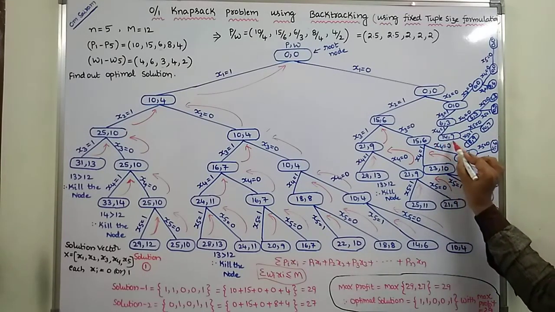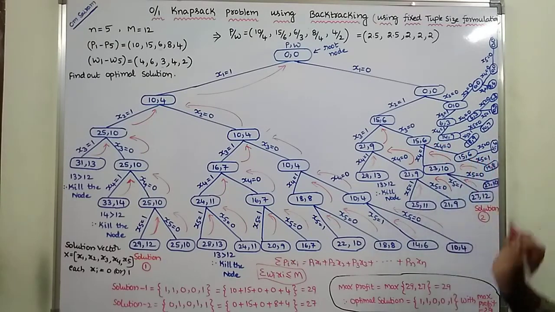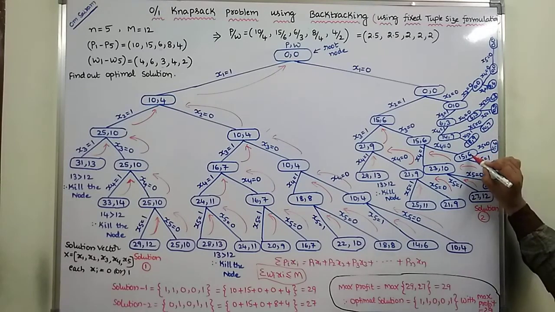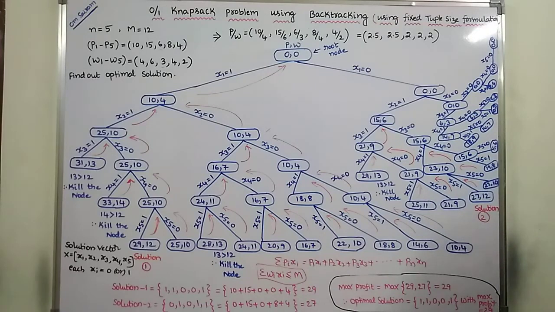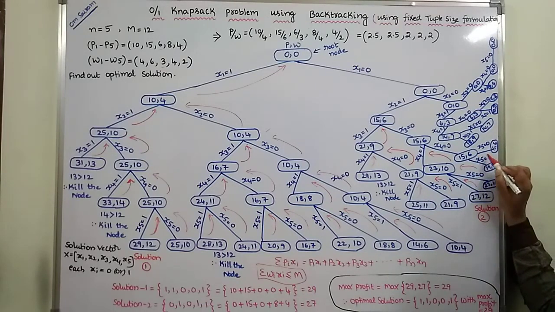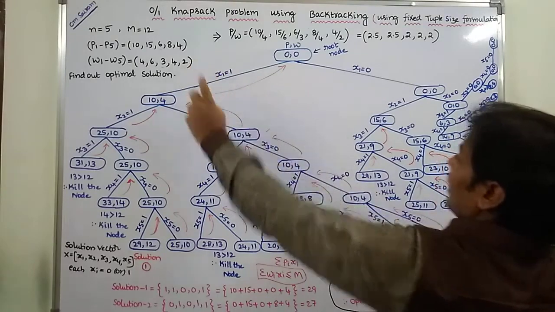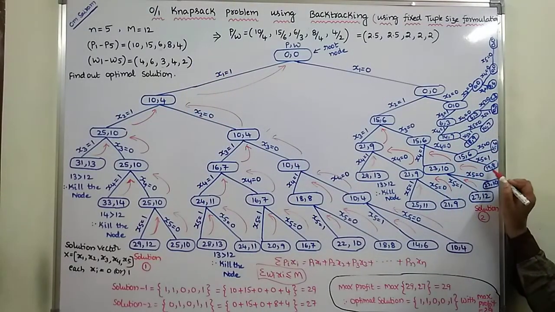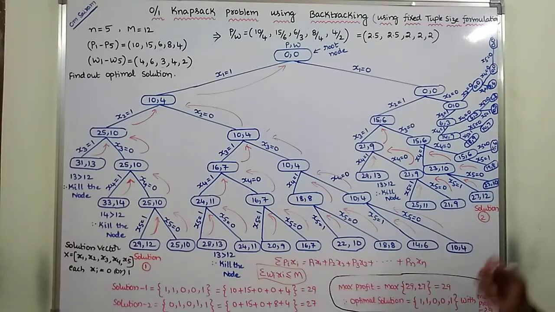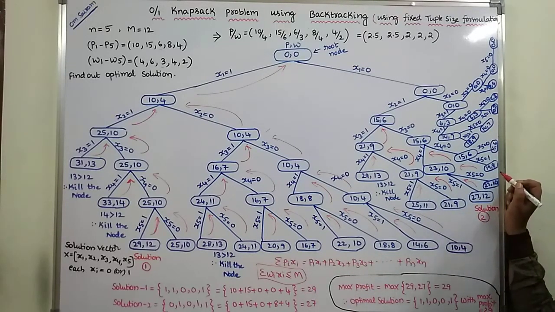So the fourth object is not considered, so the p comma w values are the same, 15 comma 6. Now 6 is less than or equal to 12, condition true, so we have to extend that node. By considering the fifth object, the profit is 4 and the weight is 2. So 15 plus 4 is 19, 6 plus 2 is 8. After considering the fifth object, we get 19 comma 8, and 8 is less than or equal to 12, condition true. We have to extend that node, but there is no possibility because all objects are completed, so